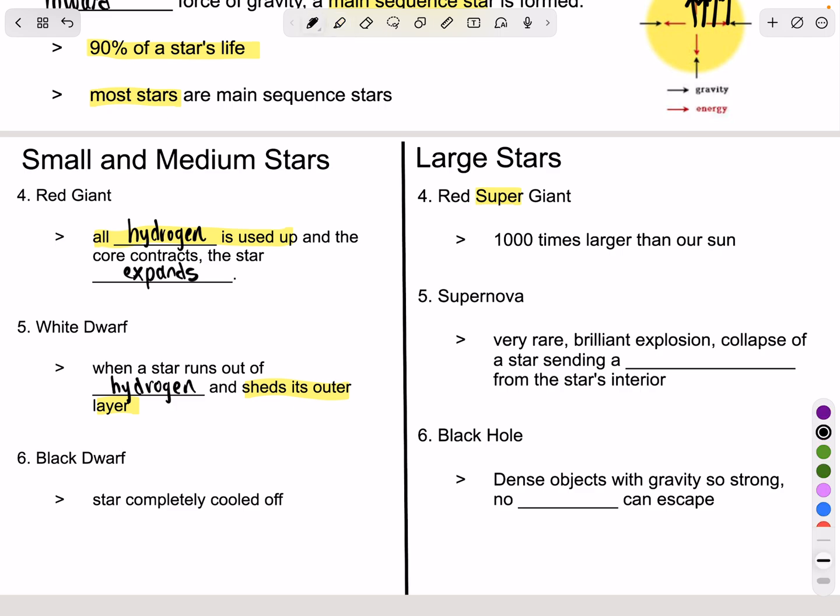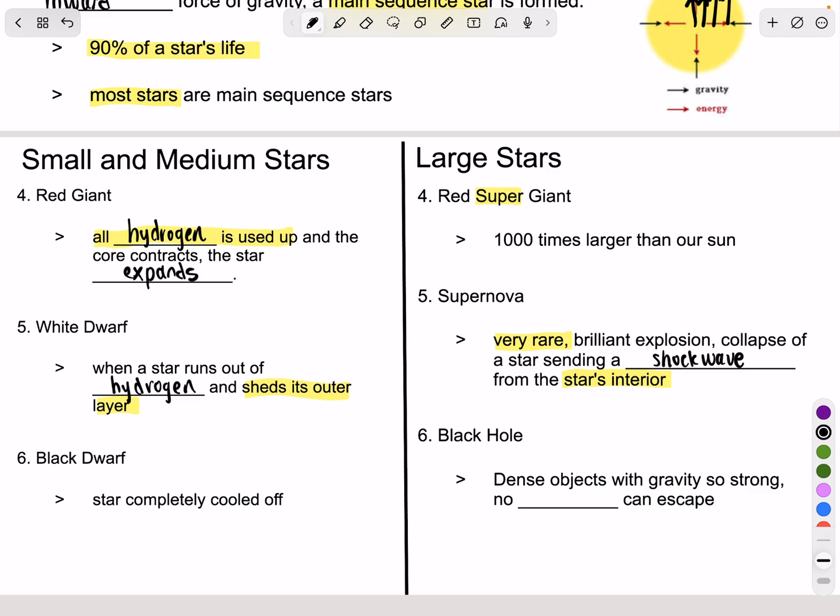It's the collapse of a star sending a shock wave from the star's interior. And this shock wave is what causes those black holes to form. So we don't really go into what a neutron star is. We're just going to go right from a supernova into a black hole. But like I said, it's very rare. That's why we don't have a lot, because supernovas usually have lots of elements becoming present when they are expanded and exploded. And that happens not very often,